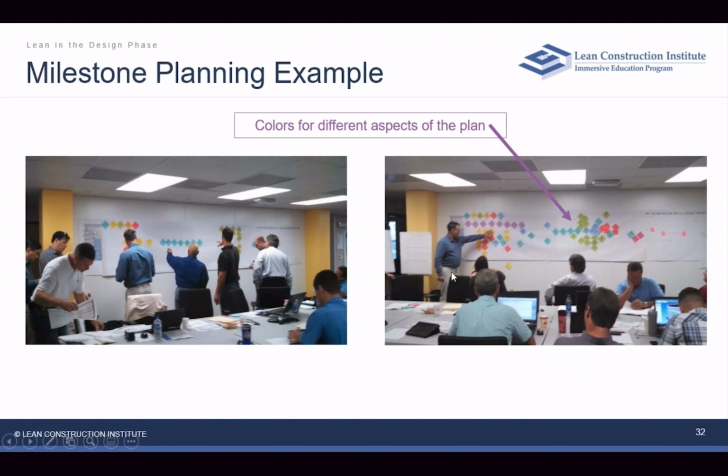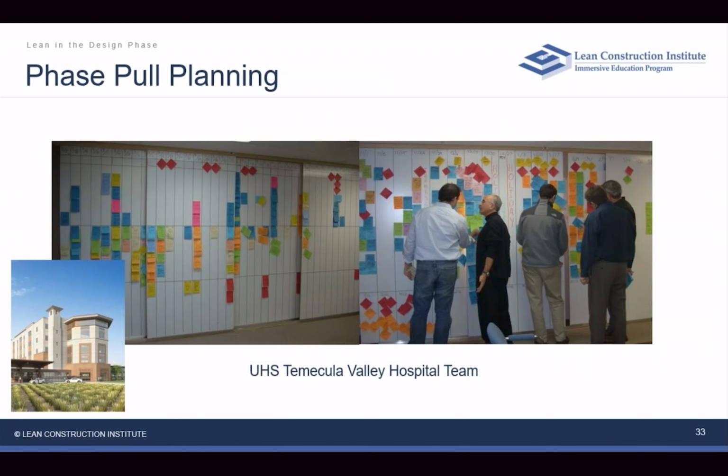But so this is now where the team has put this together, and you can see there's just one guy up there, so they're probably sitting back and doing a bit of a sanity check on this. So this is the way that milestone planning might go. When people do phase pull planning, they are basically getting their information. These are likely colored by the different trades or the different types of designers, and they're getting their stickies up,